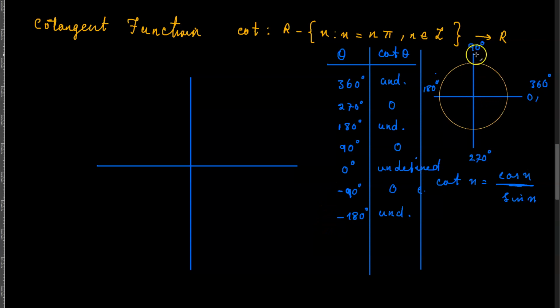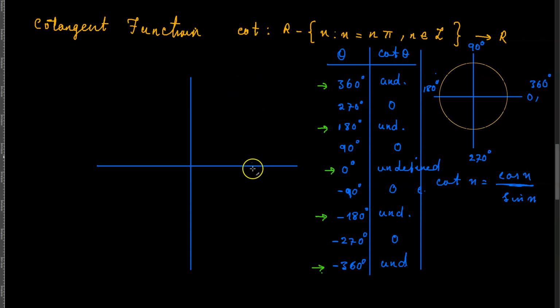When you get to -270 degrees, over here your cos is 0, and so the whole cot function goes to 0. And at -360 degrees, which is right here, the sine is 0, so the function is undefined. Now again, wherever your function is undefined, which is basically this point, this point, this point, this point, and this point, at these points basically you will get all those